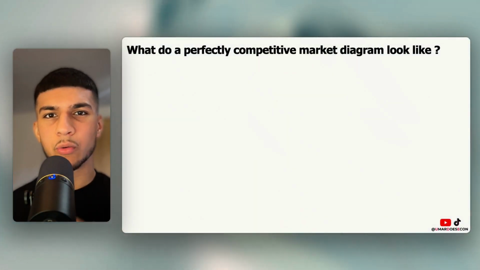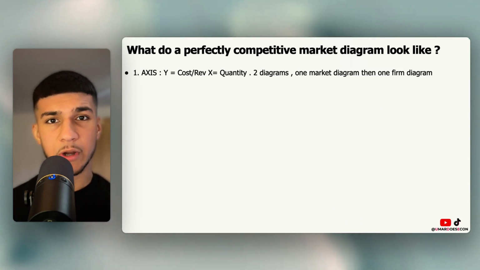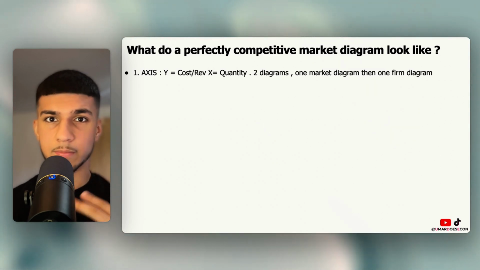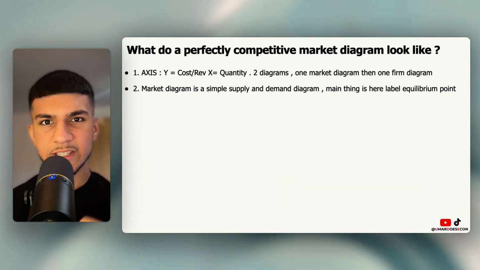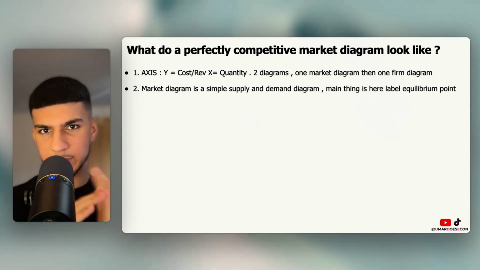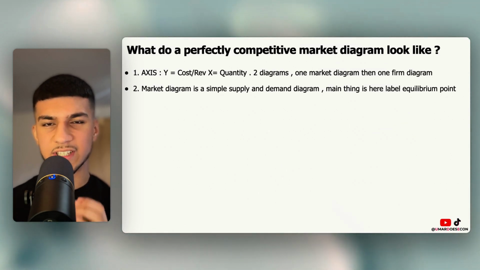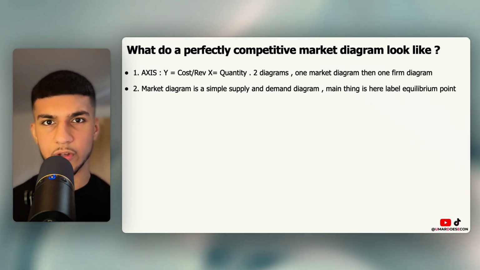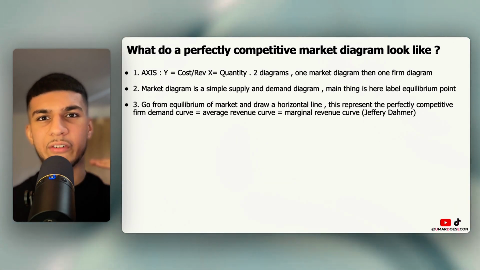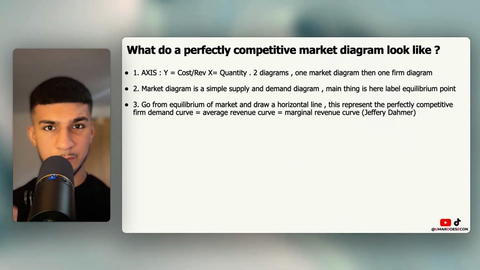Moving on, just a quick recap on the diagram and adding a few more notes. Firstly, axes, and remembering the main thing, there are two diagrams. There's one market diagram and one firm diagram. Then remembering the market diagram is comprised of many firms, and the market curve is modelled by a simple supply and demand curve. The main thing about the market diagram is the intersection point of where supply equals demand, the equilibrium point. We use this equilibrium point on the market diagram to determine the position of our demand curve on our firm diagram. And the way we do this, go from the equilibrium point, use a ruler, go straight right,